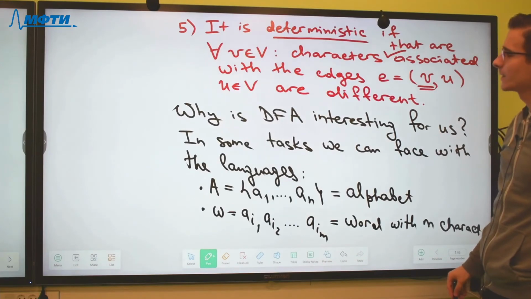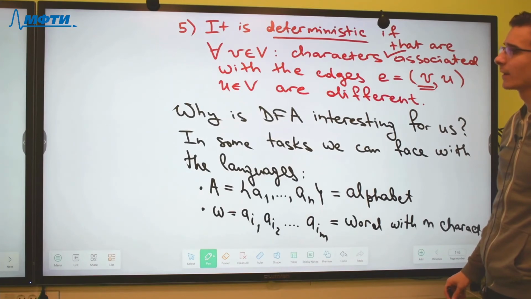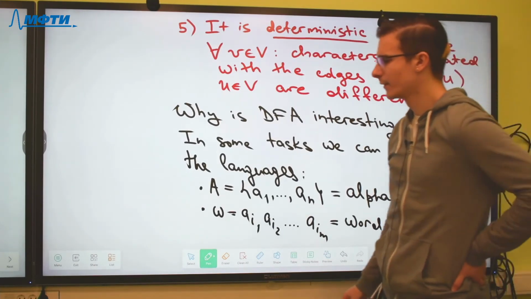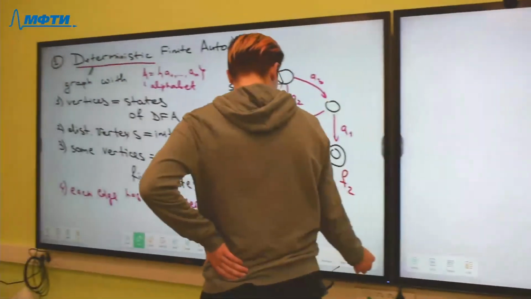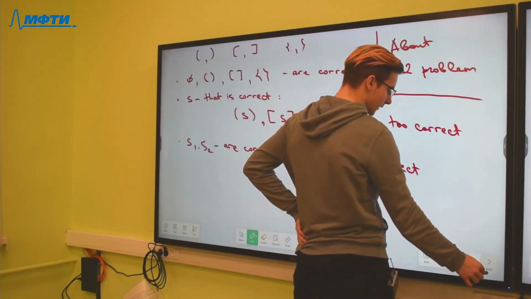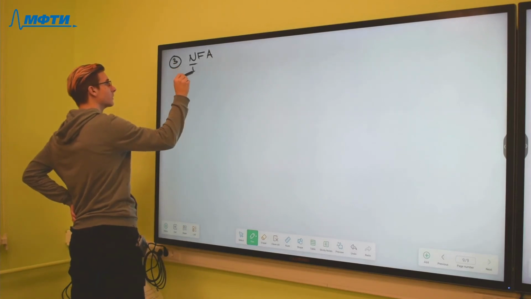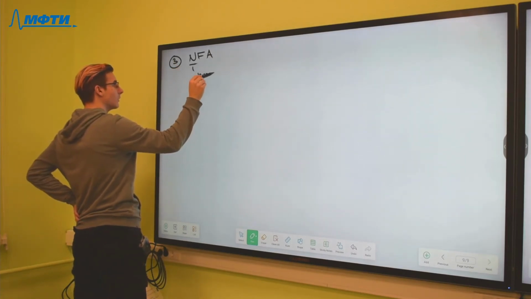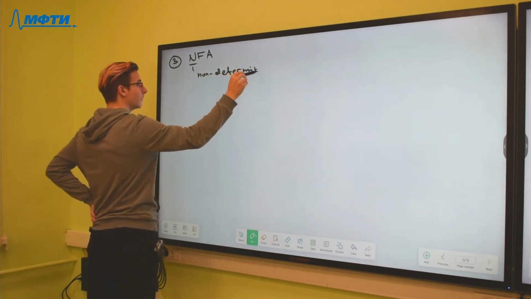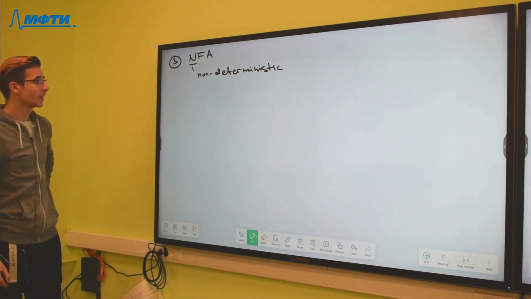We cannot find a vertex that has two adjacent edges with the same character. So in the NFA, the non-deterministic finite automaton,